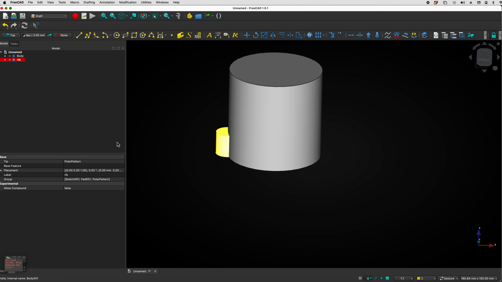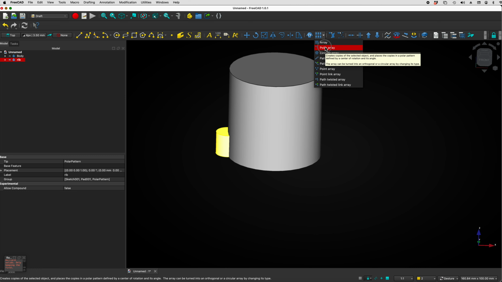Now, in the Draft workbench, there is a tool which allows you to accomplish a similar purpose. We've got to find it here. There it is, Array Tools, Polar Array,